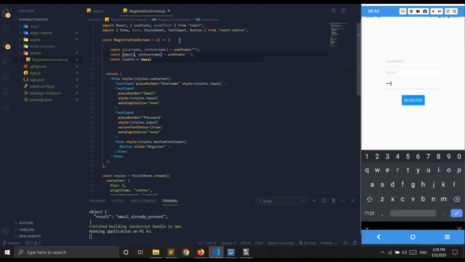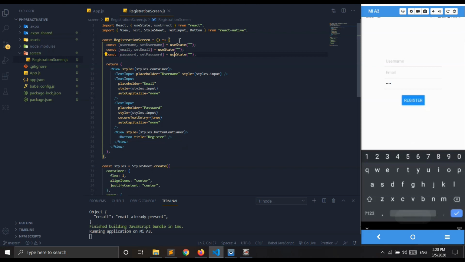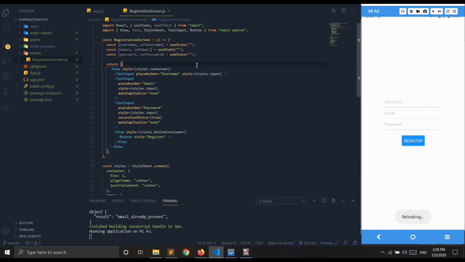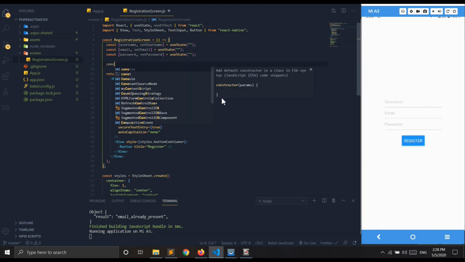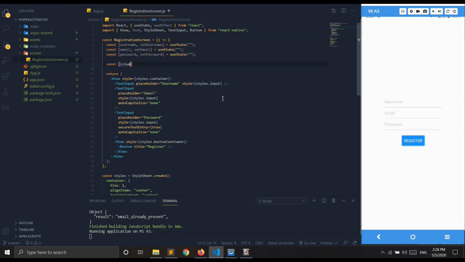Second will be email, third will be password, setPassword, and these are just a naming convention. Username, setUsername, you can name it anything you want, it's up to you. Now I'll create one more variable for the button, isSubmit, setIsSubmit, which will be false initially.